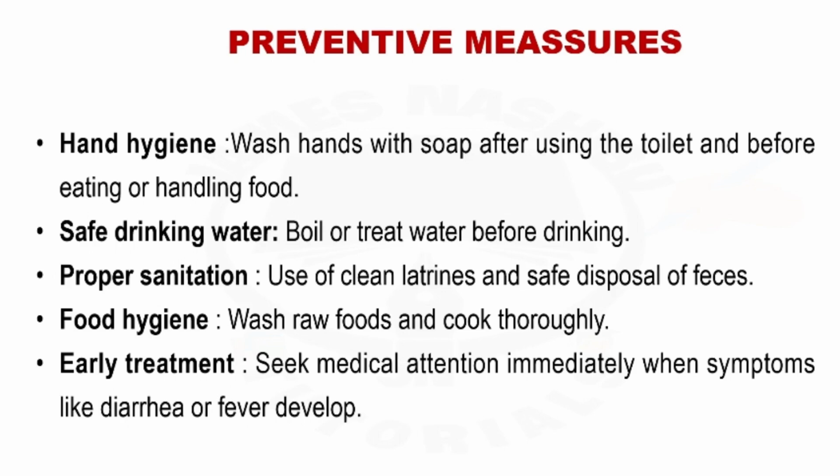Then under proper sanitation, you also have to make sure that you avoid defecating in lakes and rivers. Make sure that you build toilets and you defecate in toilets and not anywhere. There are also people who have the tendency of defecating in the bush, so that is also unhygienic. So you maintain the preventive measures through proper sanitation.